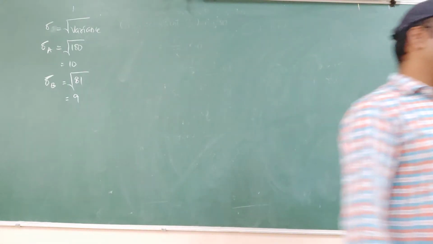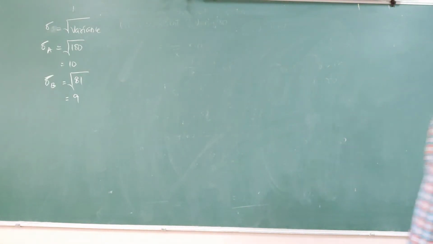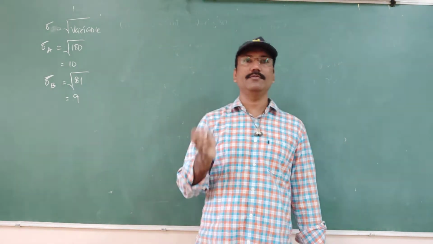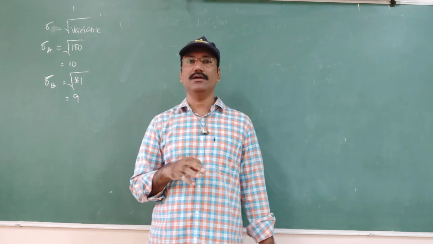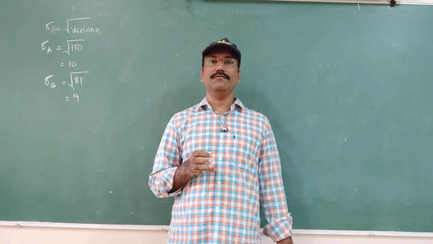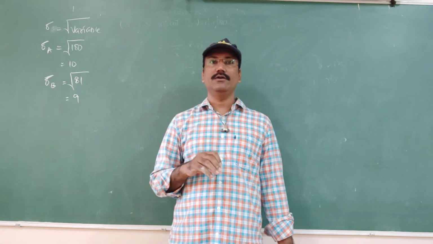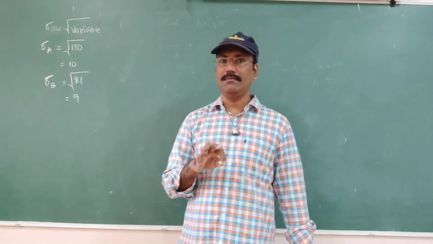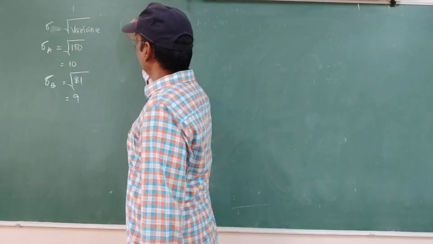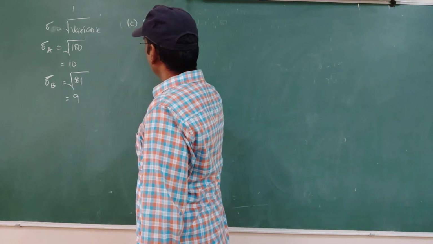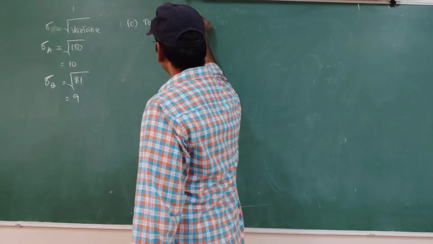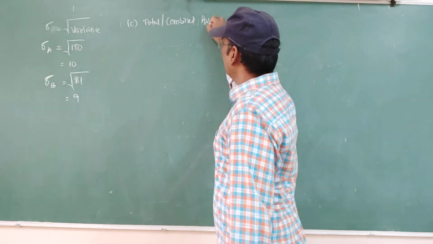Right? So the question is like this. I will read once again. What is the average income of both the people? Both the people means village A and village B. Both the people's average income. Average means arithmetic mean. It means arithmetic mean of both A and B put together. Put together means combined, total. So you need to find C, the total or combined average income.